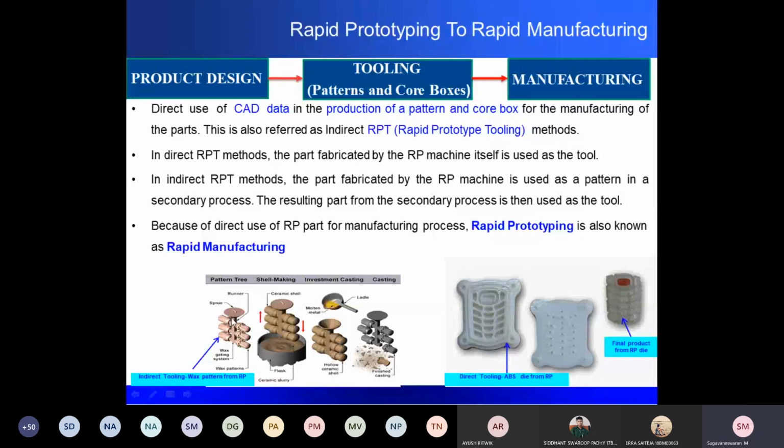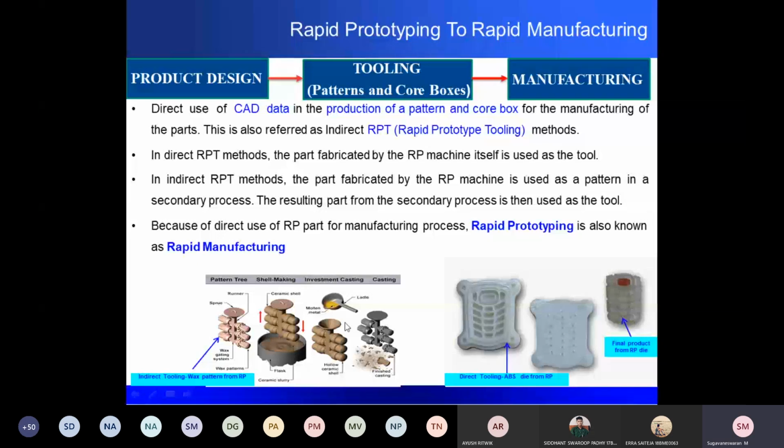You make a wax component and you immerse the wax component into a slurry. This is a slurry where an abrasive like sand is mixed with a binder. So you immerse the wax into this slurry. The slurry will coat onto the wax, and you dry this part so that the binder will bind the slurry. Then you remove the part after drying. Now you pour molten metal, because finally you want to have a part in metal.